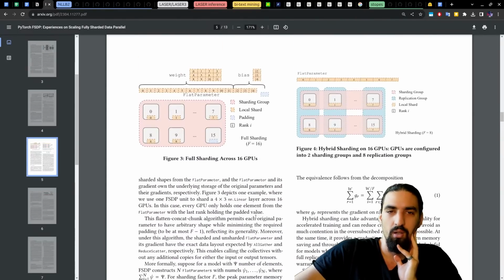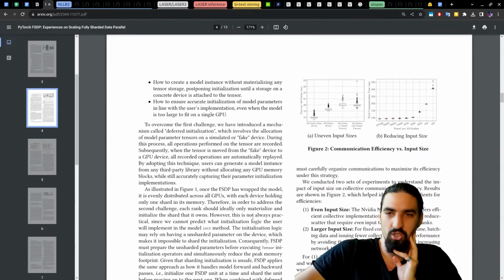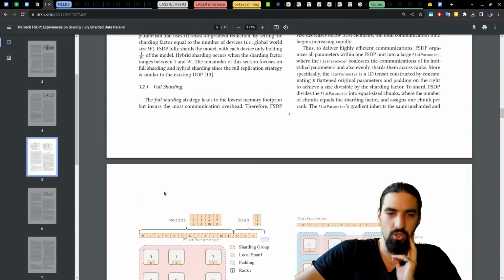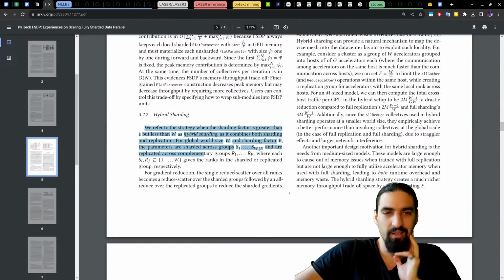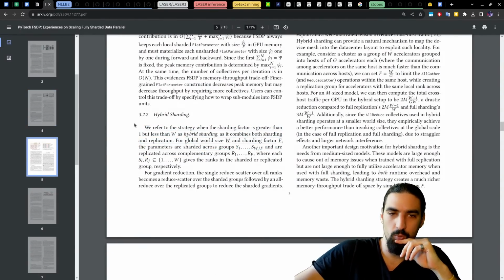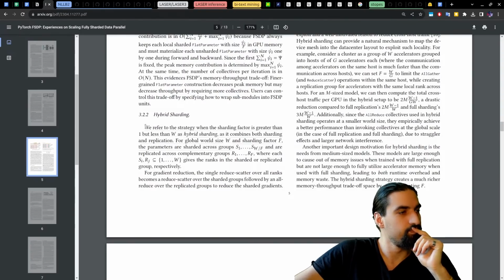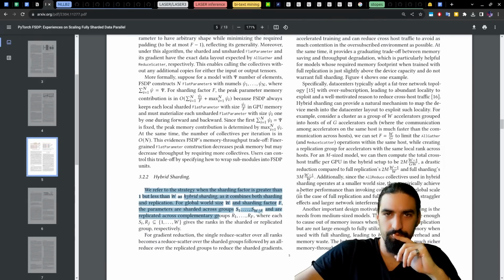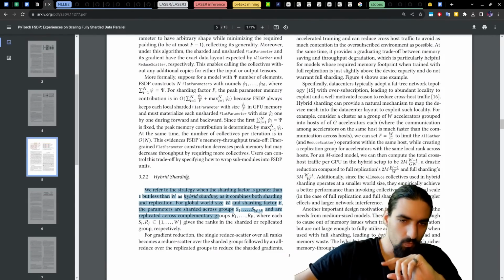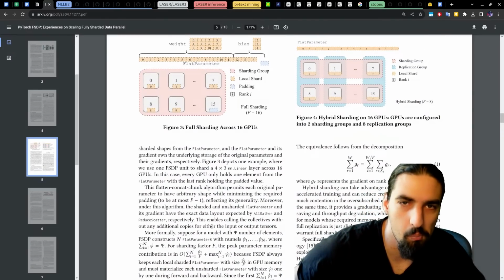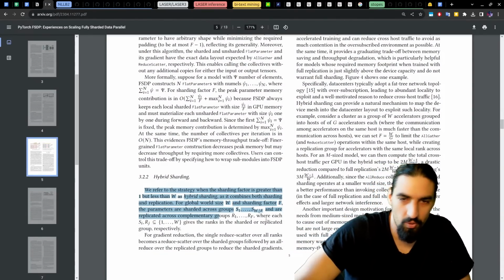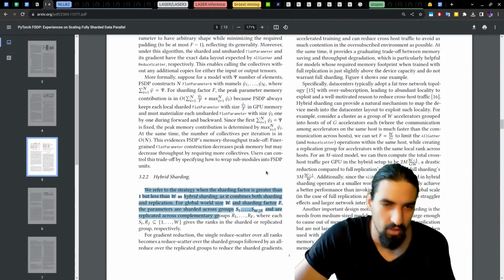Okay, so that was the fully sharding strategy, or just a general takeaway. Yes, fully sharding. And then there is hybrid sharding where you combine this with some amount of data parallelism. We refer to the strategy when the sharding factor is greater